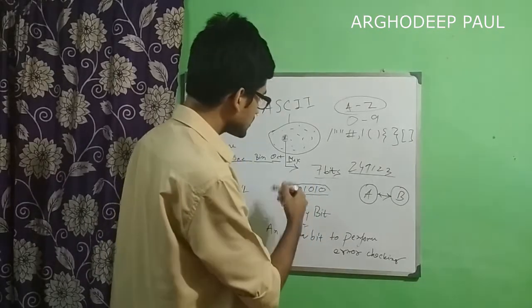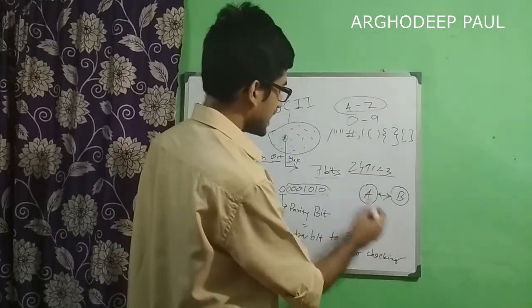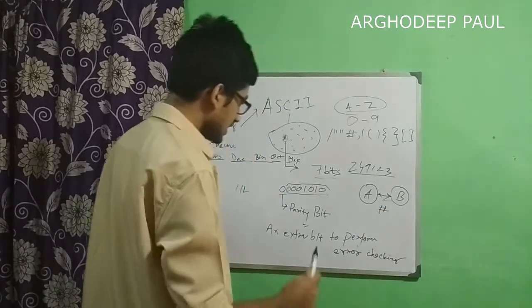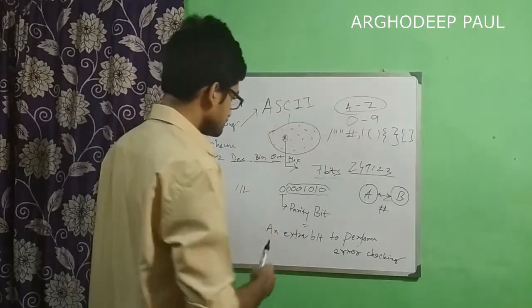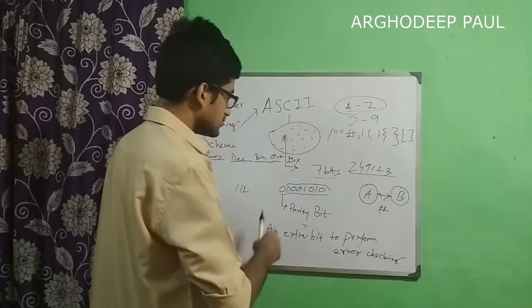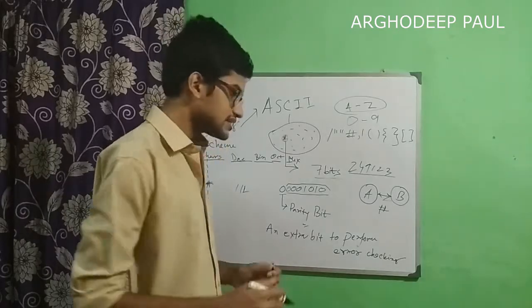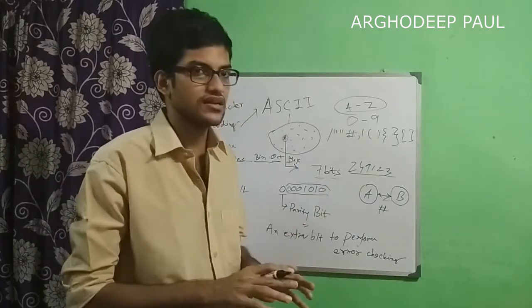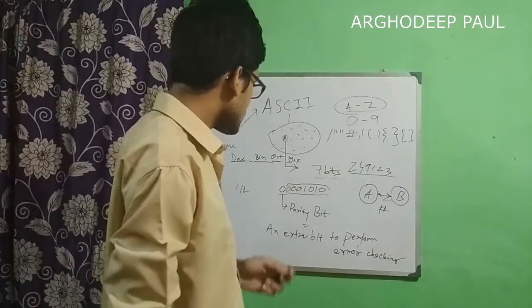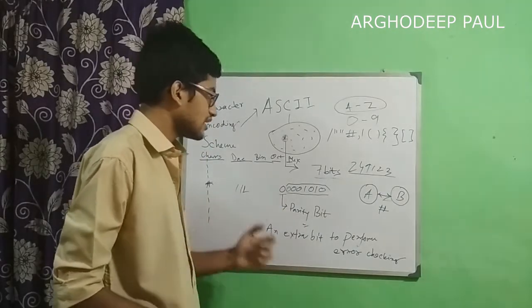If I want to send the hash over this network, over this communication channel, then I will first have to convert or encode this character in 7 bits. ASCII is not a mechanism, ASCII is just a table. It tells us what the corresponding decimal value and binary or values in any other number system will be